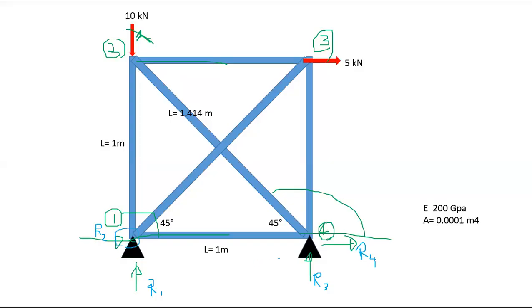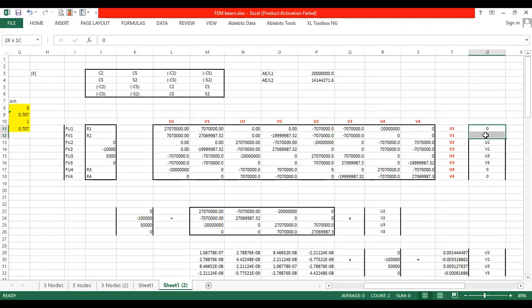And another thing, the displacement at these two locations are 0 because it's a pin support. So I have made the displacement 0 at first and fourth node, but there will be reaction force R1, R2. Okay, there will be displacement at second and third node. So how to solve this is